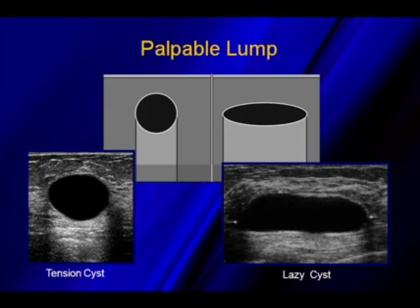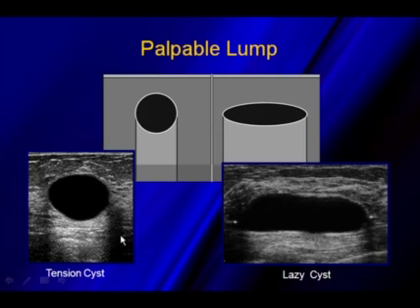Now, looking at cysts, the cysts that patients come in with that are palpable are tension cysts. They are the cysts that are under pressure. These other cysts, I call these lazy cysts. These can be big, huge cysts, but they're not under pressure. Rarely are these palpable. In fact, next time you have a patient that you see one of these in, take your finger, run it over it, see if you can even feel it, but it just sort of feels like